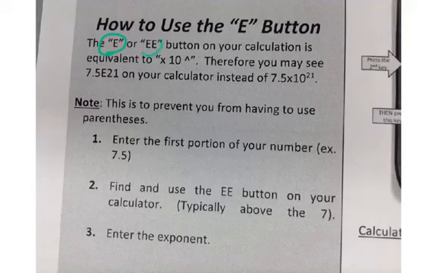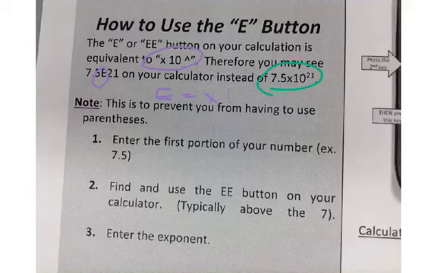On your calculator, it looks like an E button, but when you actually type it into your calculator, it shows up as like E, just one of them. So what you need to do is find that. This E button is so amazing because what it does is it actually takes the place of having to type in times 10 to the caret. So if you were to type in this number, you normally would have written it 7.5 times 10 caret 21. Well, instead now what you're going to do is type in 7.5 E21